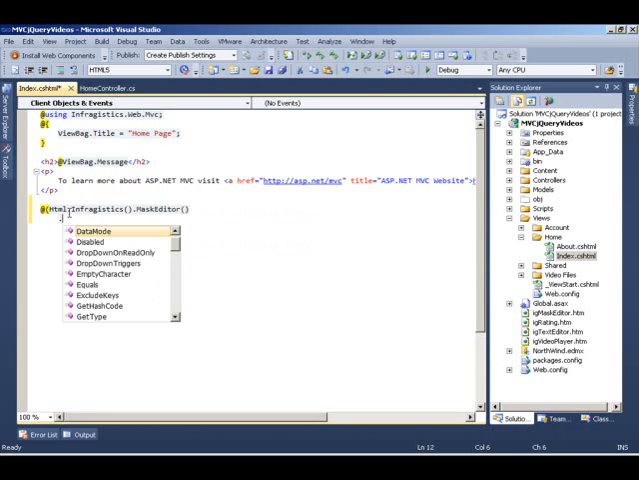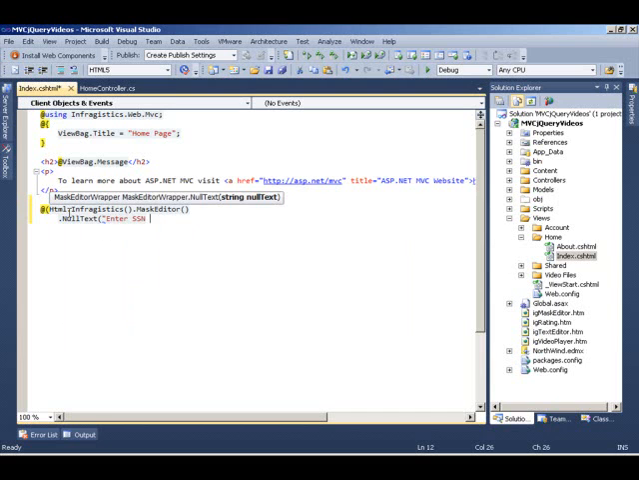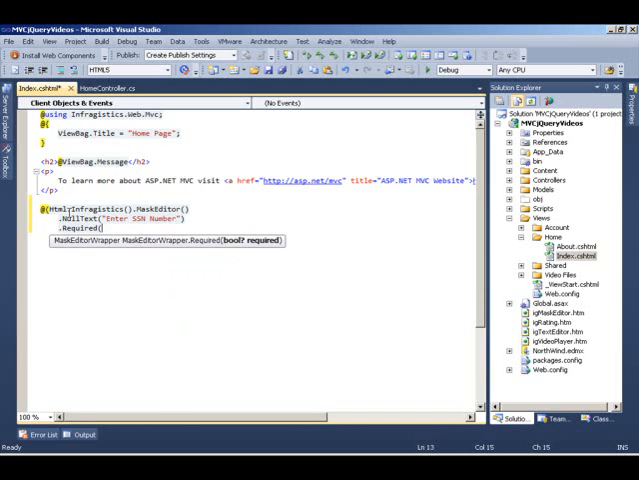We're going to just create a standard social security number input editor control. So I'm going to say null text, which is the text displayed when there is no value in the input area. I'm going to display "Enter SSN number." Then we're going to set it to be required to true,